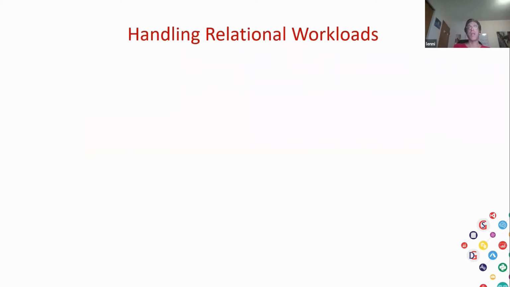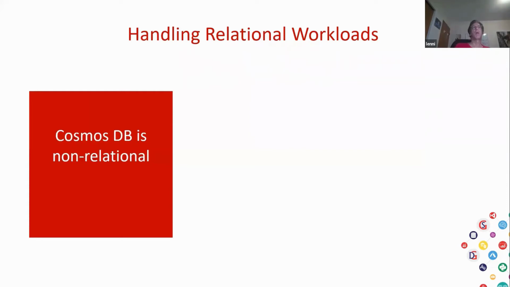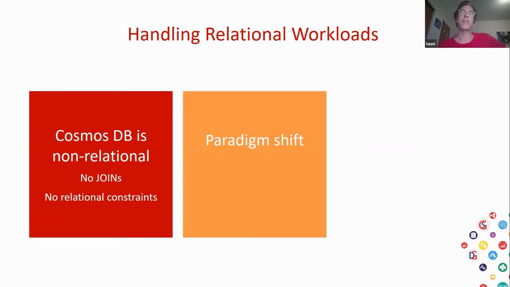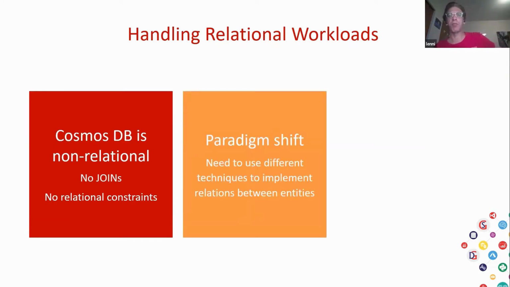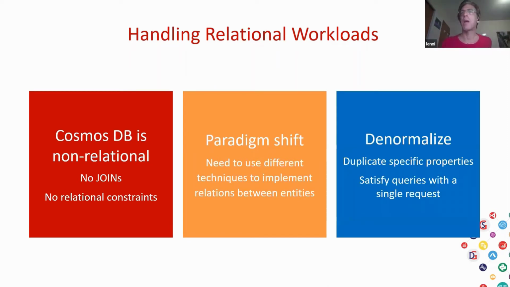Okay. Next scenario was denormalization. So for handling denormalization, Cosmos DB is, of course, non-relational. There are no joins. There are no relational constraints. And that's really a big paradigm shift for a lot of us who have been working with relational systems for many, many years. So it goes against the grain of a lot of our best practices, and things that were best practices no longer are, and there are actually anti-patterns that we implement, and one of those is denormalization,